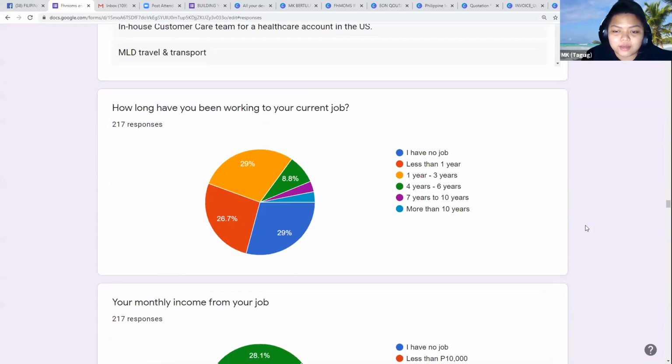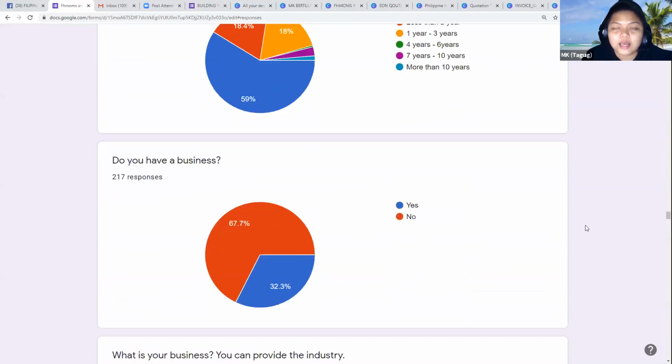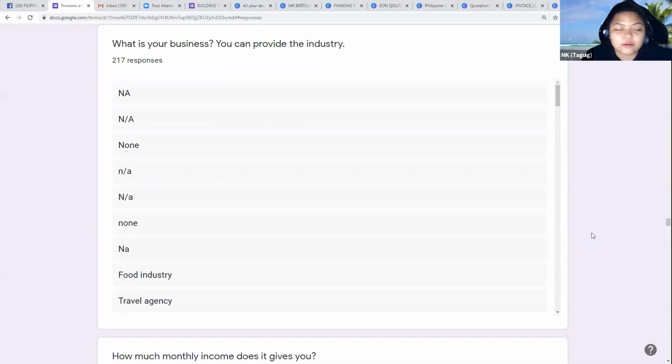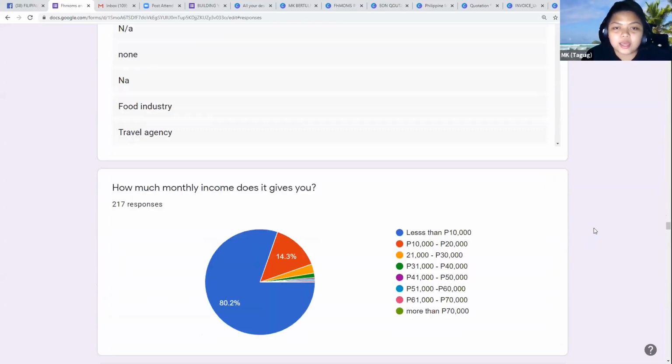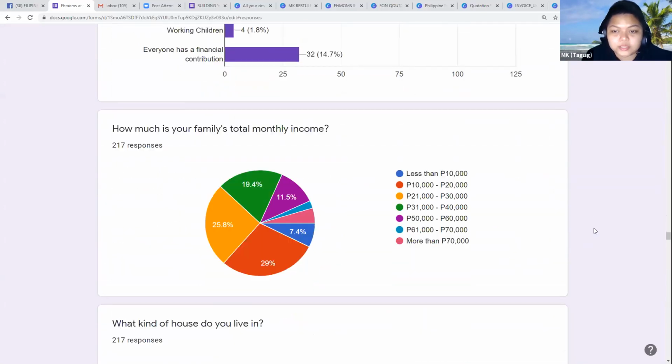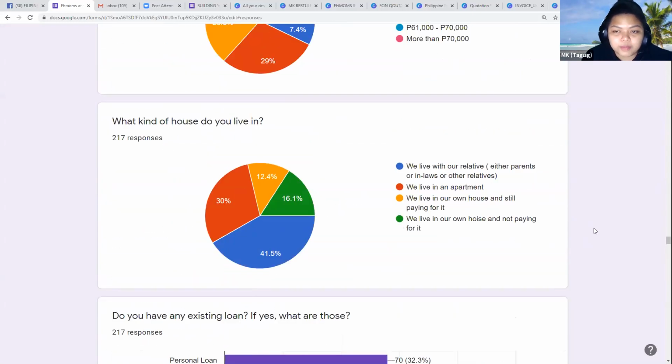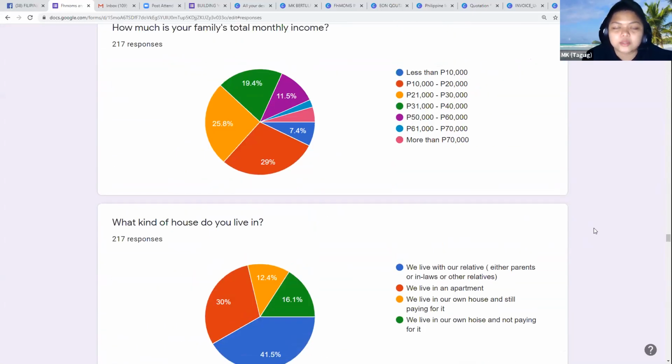Very, very effective in gathering data: the survey or poll on Facebook, and then this one using Google Form. Okay? It will help you understand your market better. It's very important to understand your market. Why? Because when it comes to your messaging, your posts, and your comments, it's easier for you.